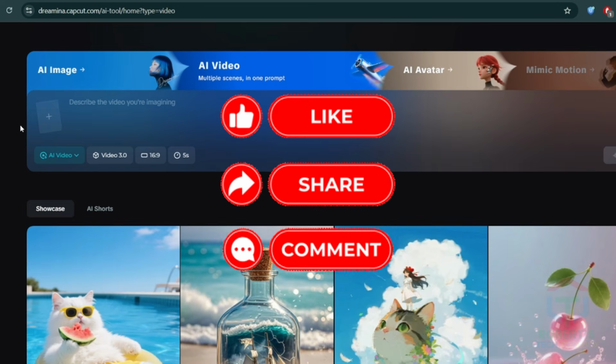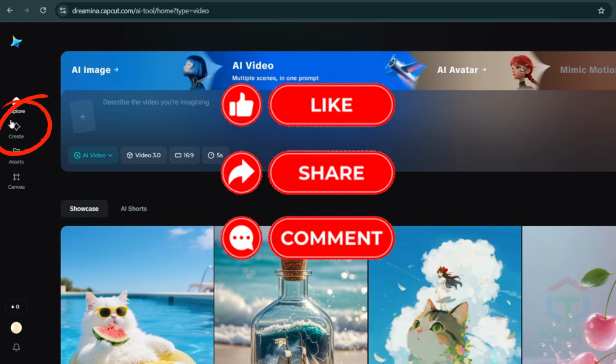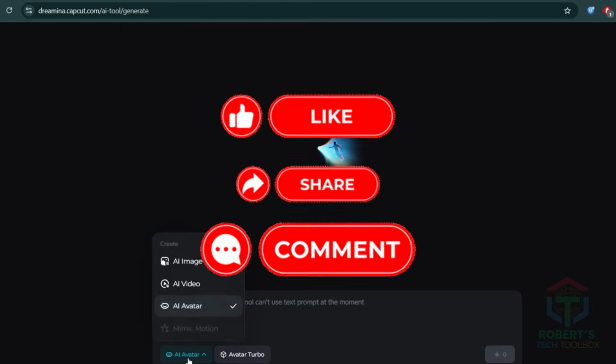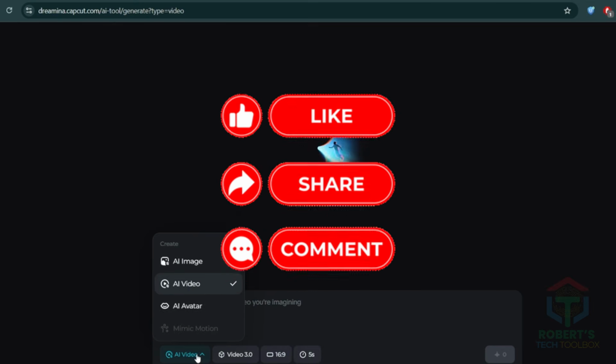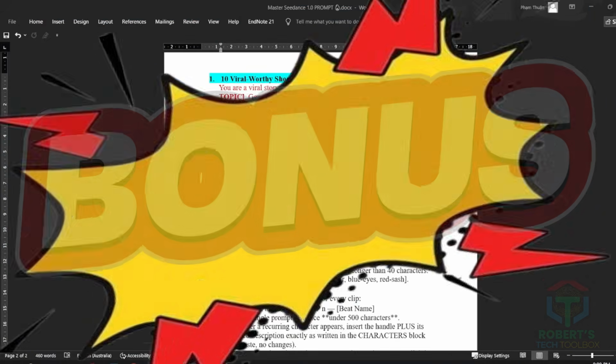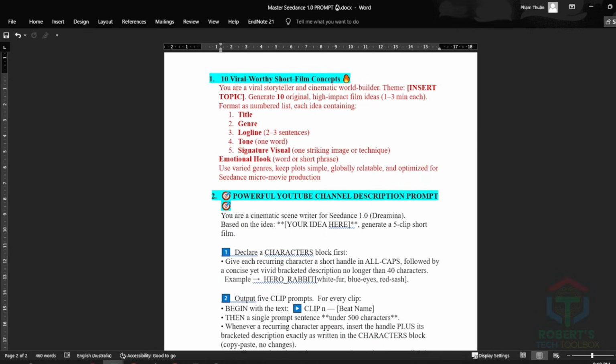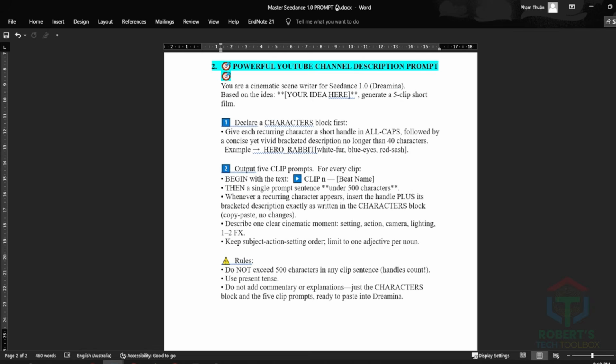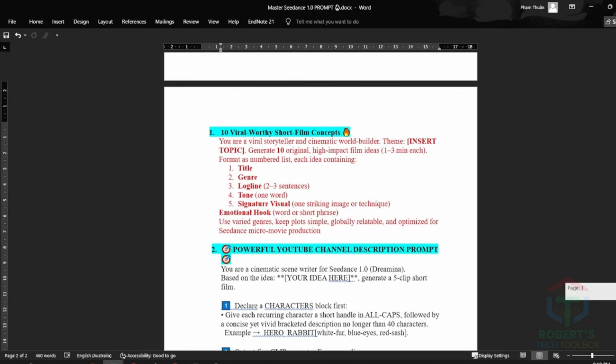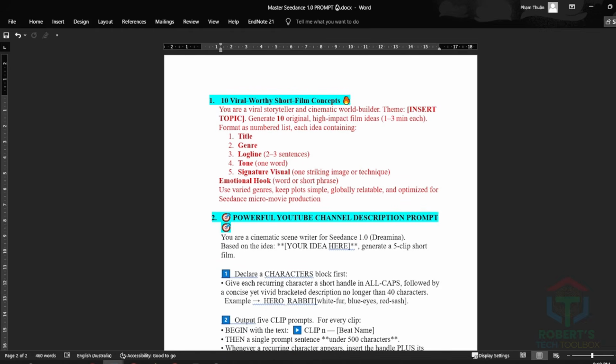You can either click the tabs at the top or hit Create and choose from Text to Image, Text to Video, or Talking AI Avatar. Bonus section. Faceless Channel Movie Blueprint Prompt for Seedance 1.0. Here are 2 ready-to-use prompts, evolved from my original Google VEO 3 set, but fine-tuned specifically for Dreamina's syntax and